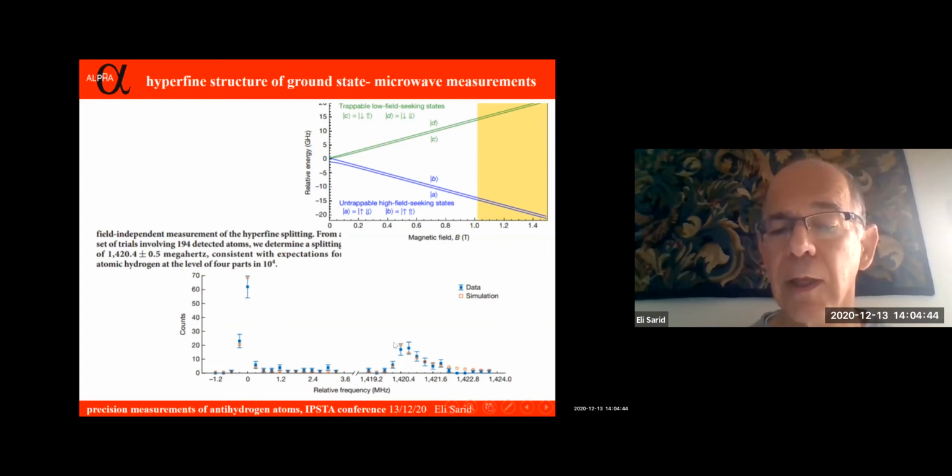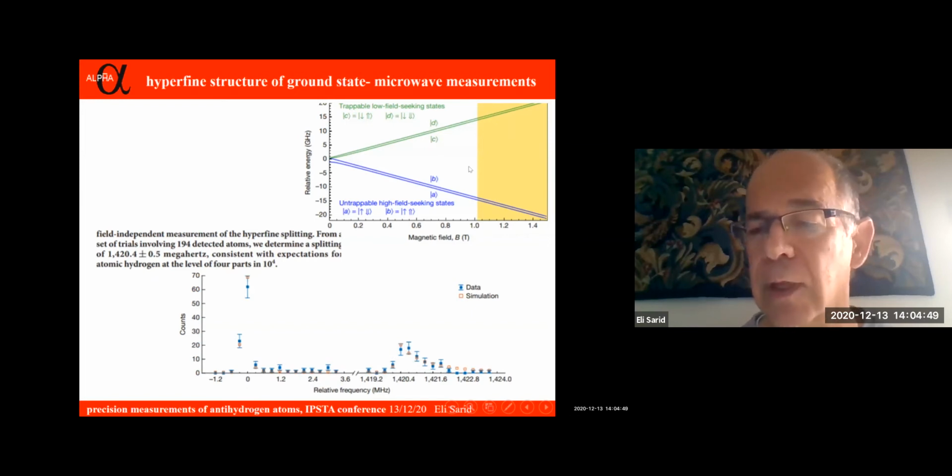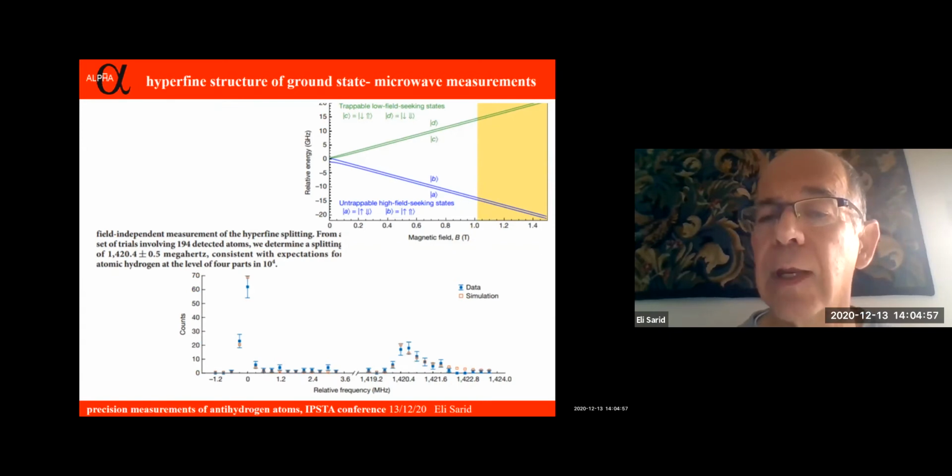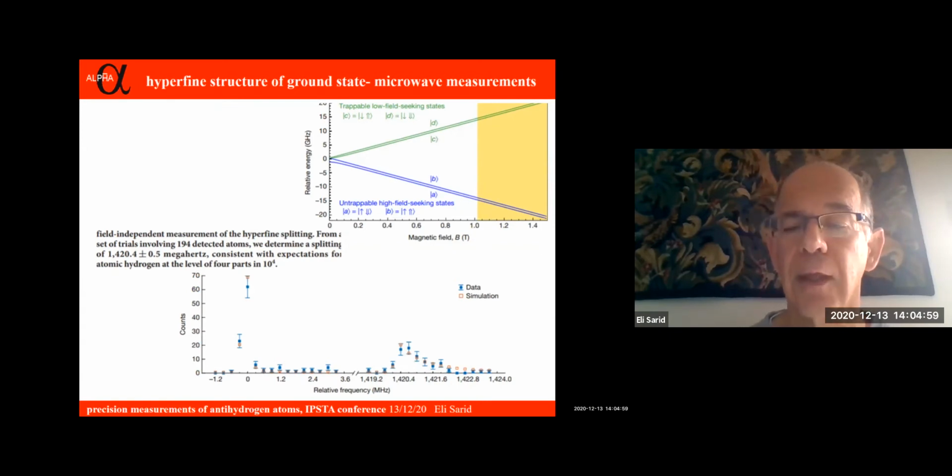What we measure here, the separation between these two peaks, is the equivalent of the famous 21 centimeter transition in hydrogen. The small separation between these two green levels that you see in the picture. And this was not the result of 2012. This came 3 years ago with much higher